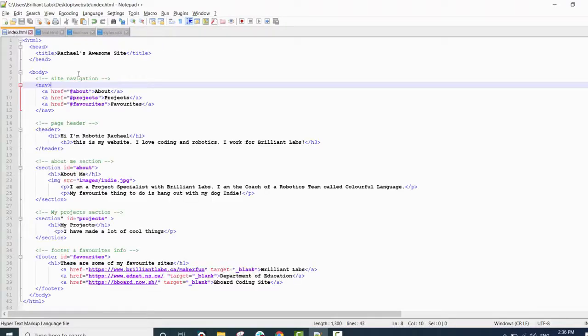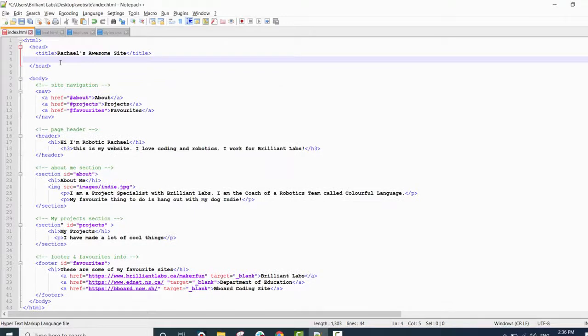So now we're going to link it in here, because we need to let our HTML know where to go and pull our styles from. You're going to want to put inside of your head tag. So the way that we're going to do that is we're going to say link rel equals, and then we're going to let it know that this link is going to be to a style sheet. And then we're going to link it just like we did, so with our href equals,